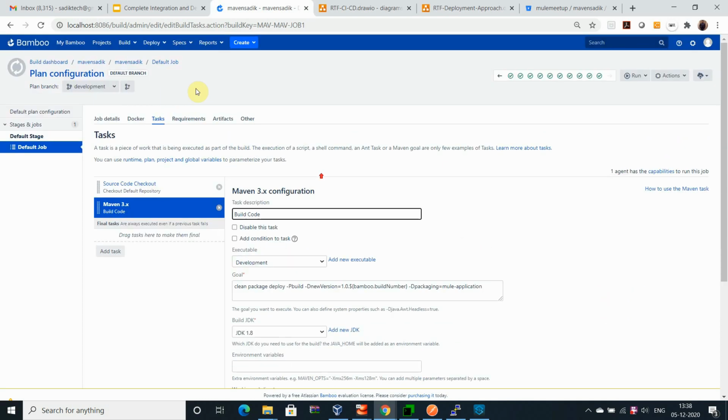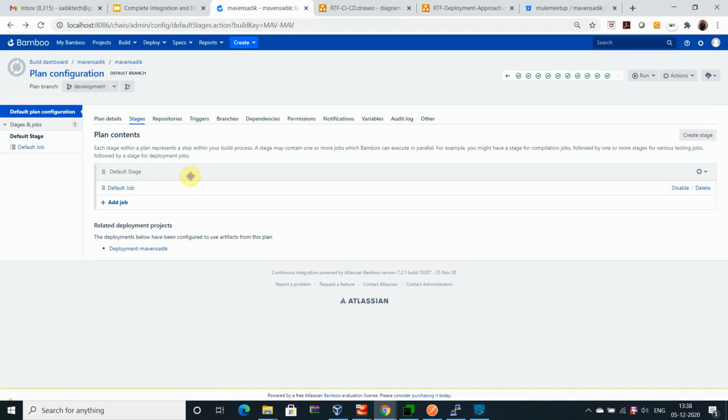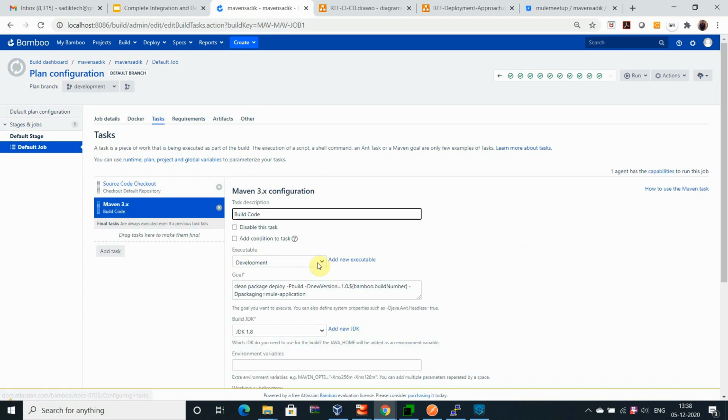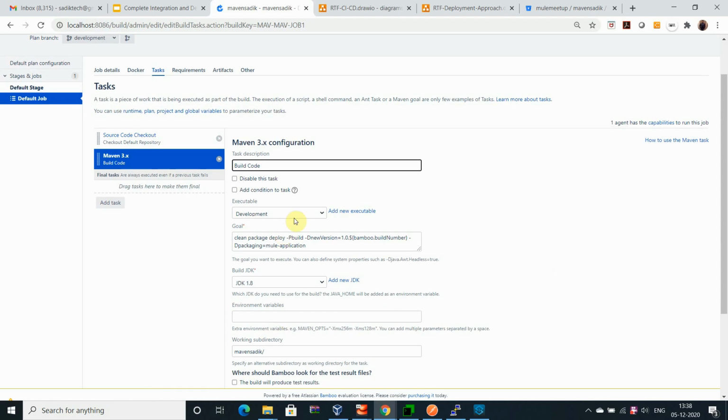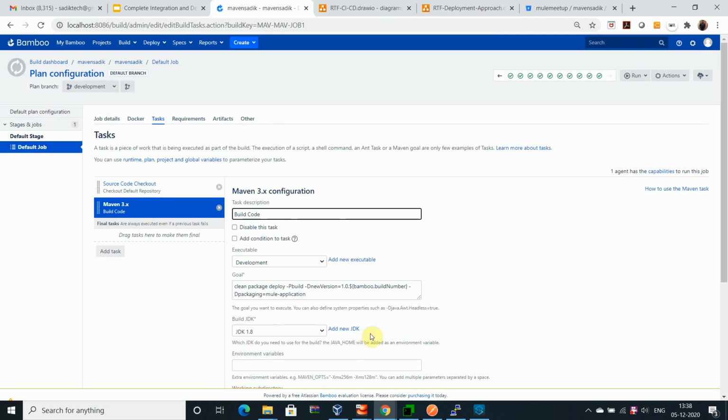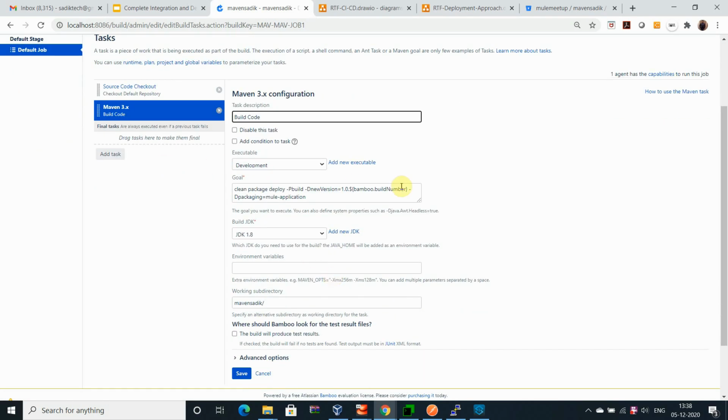Let's go backward. Now this process is done: we have done the checkout, we have executed the code, and we have published the code into the exchange. The jar file, the deployment archive which we have published into the repository in the exchange. I will execute this one, but right now I'm explaining this part. You can see that this is the P build, the profile which I have created in Maven.